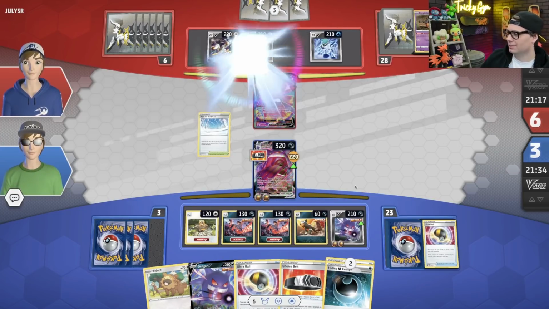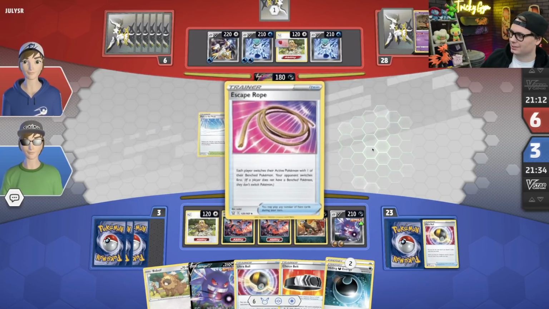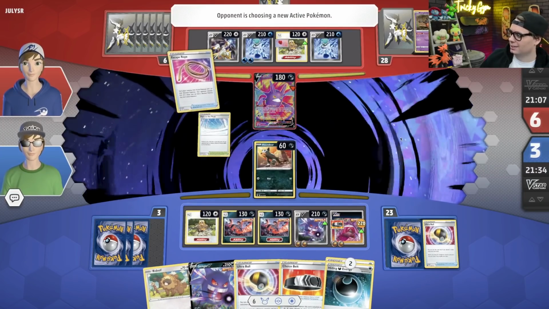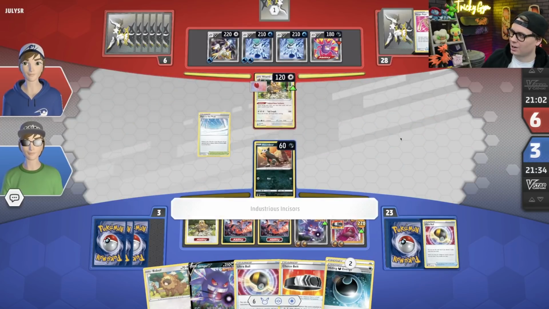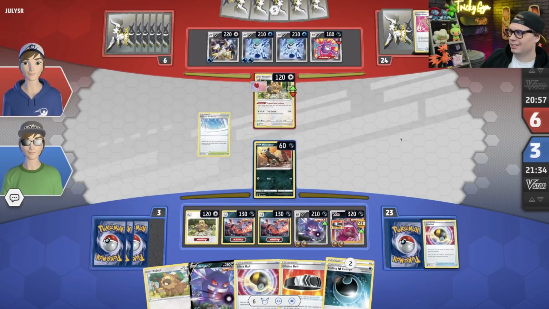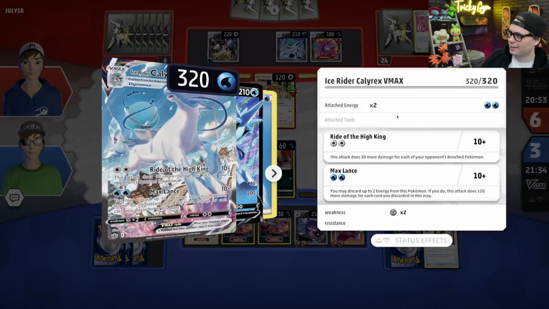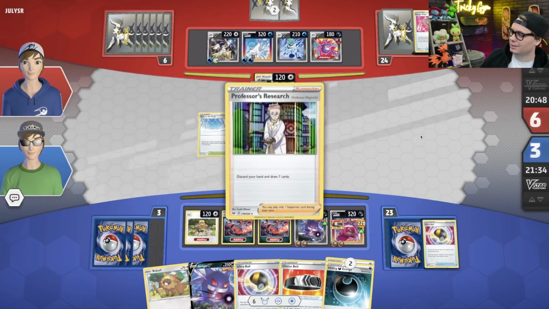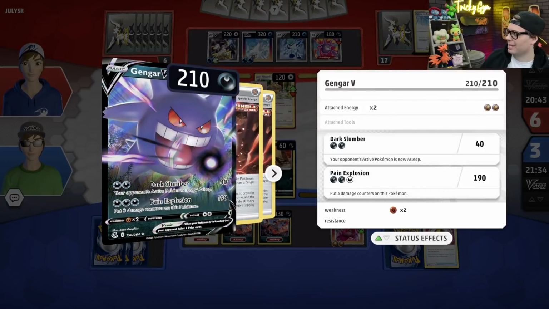We've got Bibarel. They finally get their industrious incisors going. And we'll use escape rope. That's fine. You can have my lonely Houndour, as I've already got all of my single strike energy in play. And then the best thing they can do, yeah, come up with an Ice Rider, right? And use Ride of the High King, take a knockout. But I am already in a situation where I could potentially take this